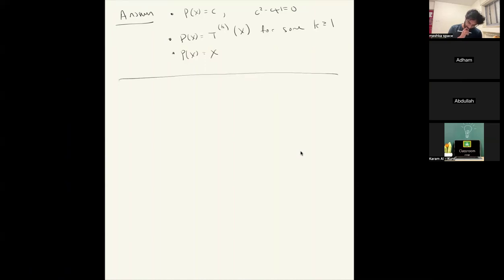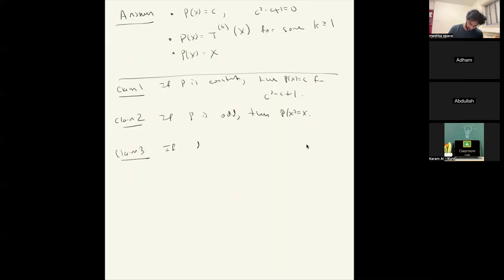So let's talk about how you would write the solution. If I were writing the solution, I would do it like this. I would first say, claim 1: if P is constant, then P of x equals C. Claim 2: if P is odd, then P of x equals x. This is the argument that you gave, Kram. And now for the last case, claim 3,